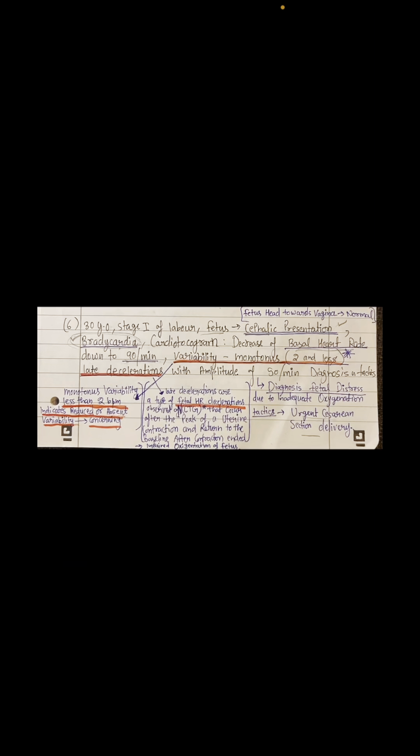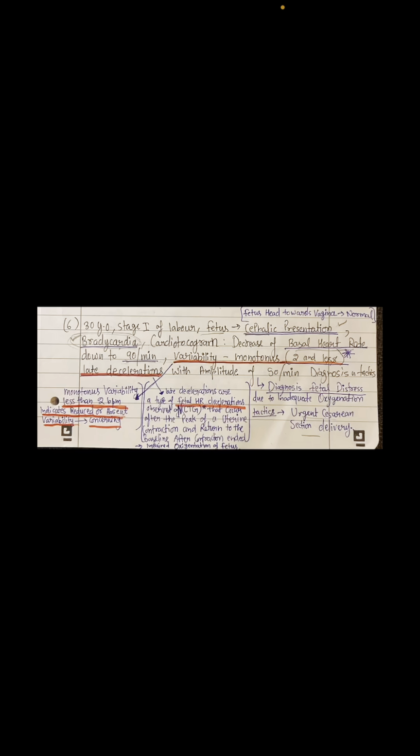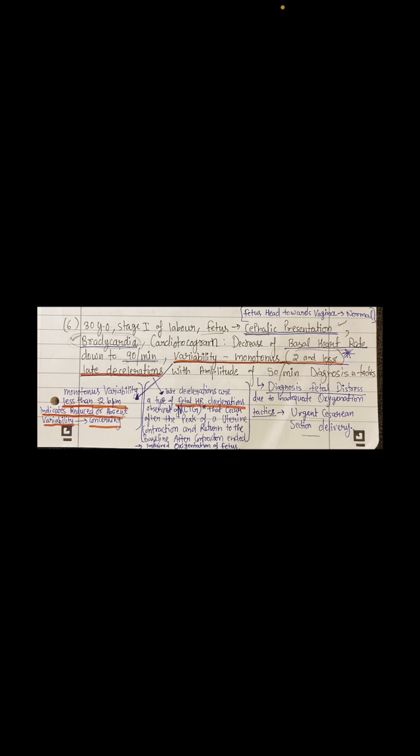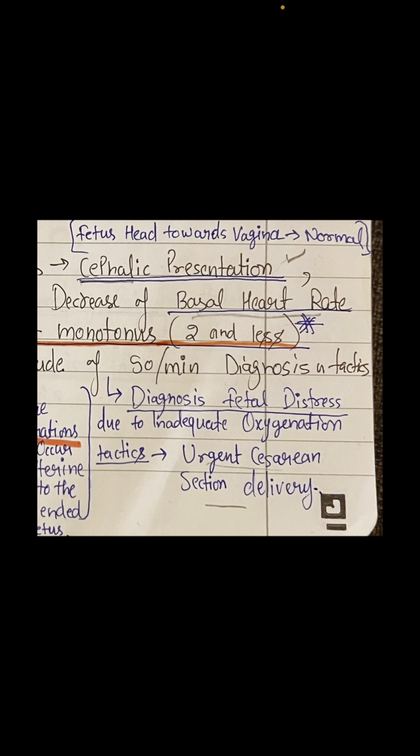So the main thing to remember about the question is fetal distress. No need to remember all of those things. This is for better understanding. When we see that fetal heart rate is low, just choose the cesarean section and move on. Diagnosis for this question is fetal distress due to inadequate oxygenation, and treatment tactics will be urgent cesarean section